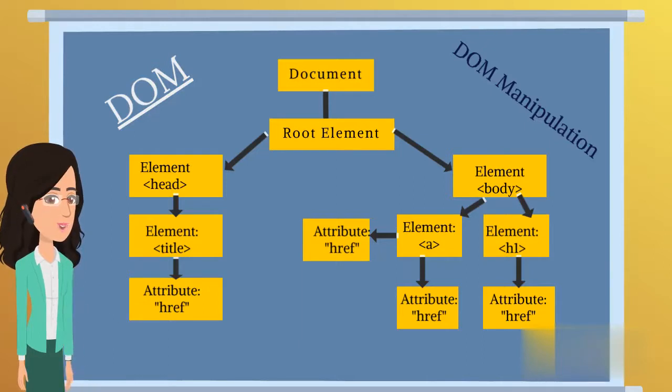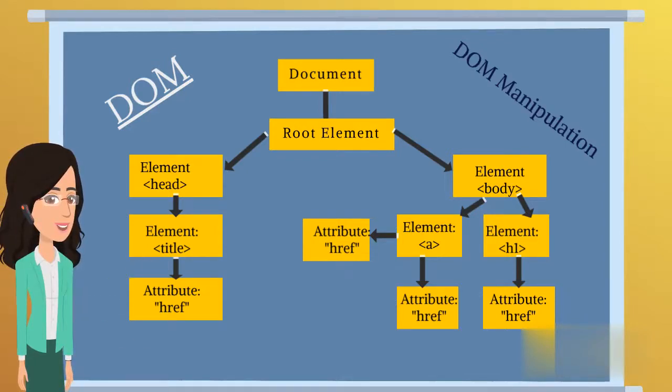So we have four important elements that you can see on the screen. First is a document. So what is a document? The document treats all the HTML documents. Therefore, a web page is a document. It means whatever web page you see on your screen, it's a document. This document can be displayed either in the browser window or as an HTML source.